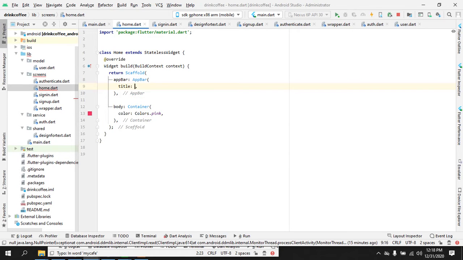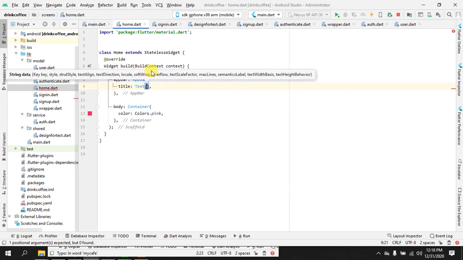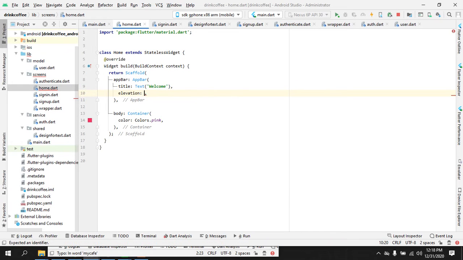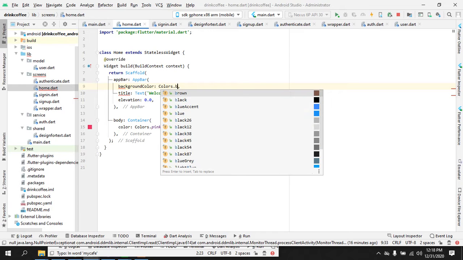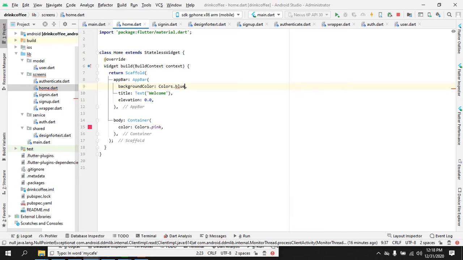So I can give it a title, could be welcome, and elevation could be 0, and the app bar can be background color blue. Perfect. So we will leave this here, and right now what I will do is I will go to our